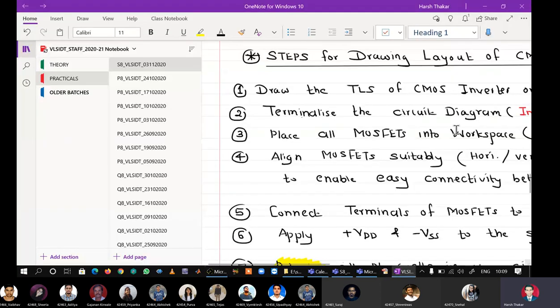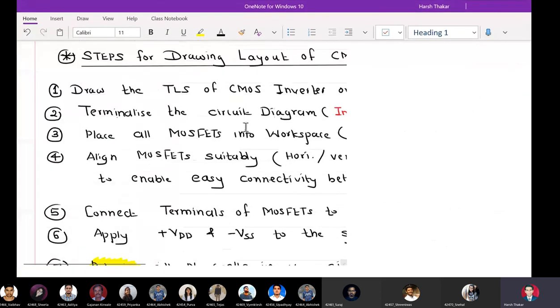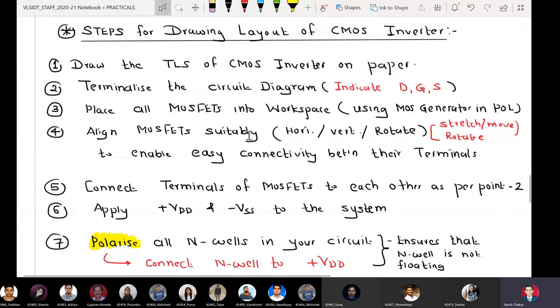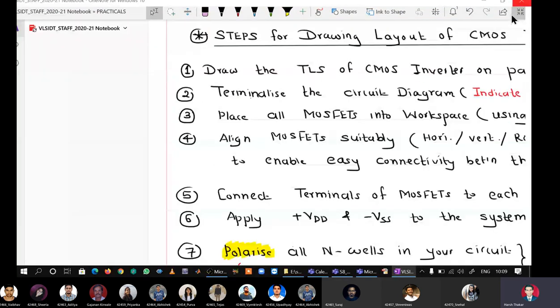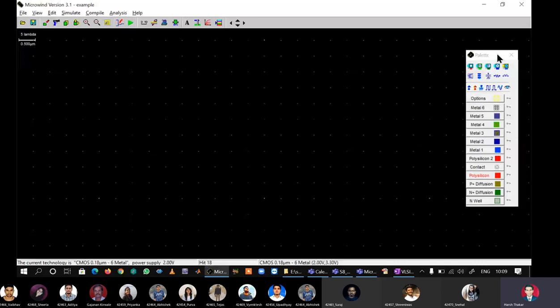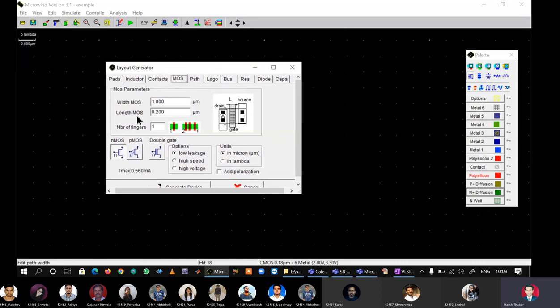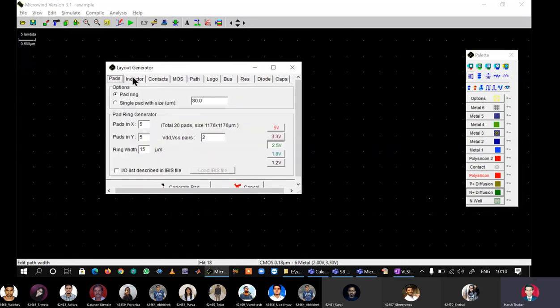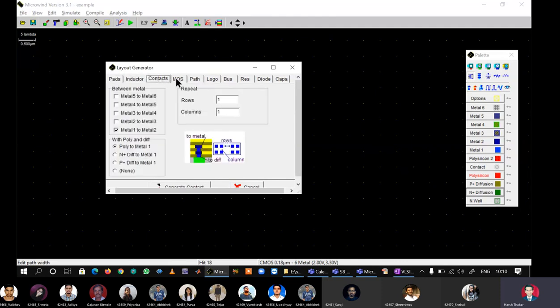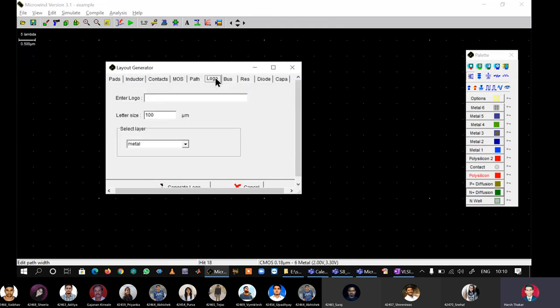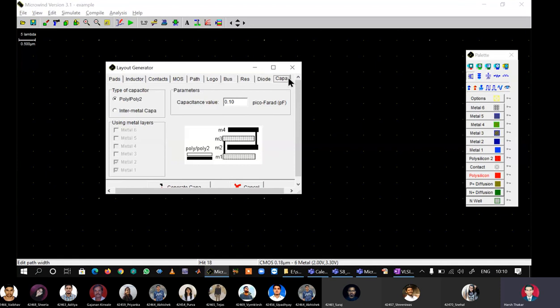I've already written in my notes: place all MOSFETs in the workspace using the MOS generator in the palette of layers. So go to the tool, go to the palette of layers, and here it is, MOS generator. Click that. As soon as you click the MOS generator, you get a dialog box with many tabs: pads, inductors, contacts, MOS, path, logo, bus, res, diode and capacitance.